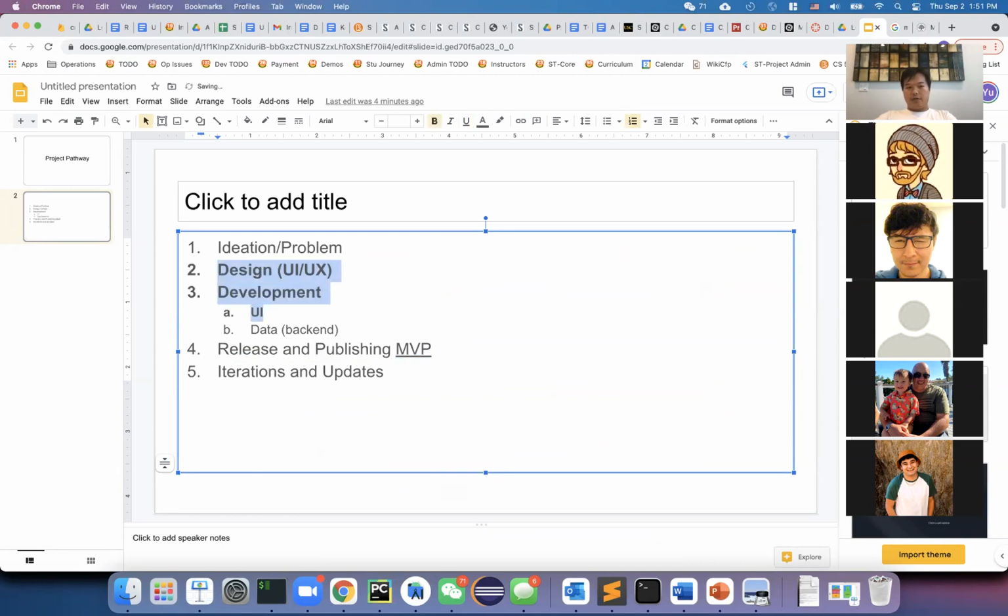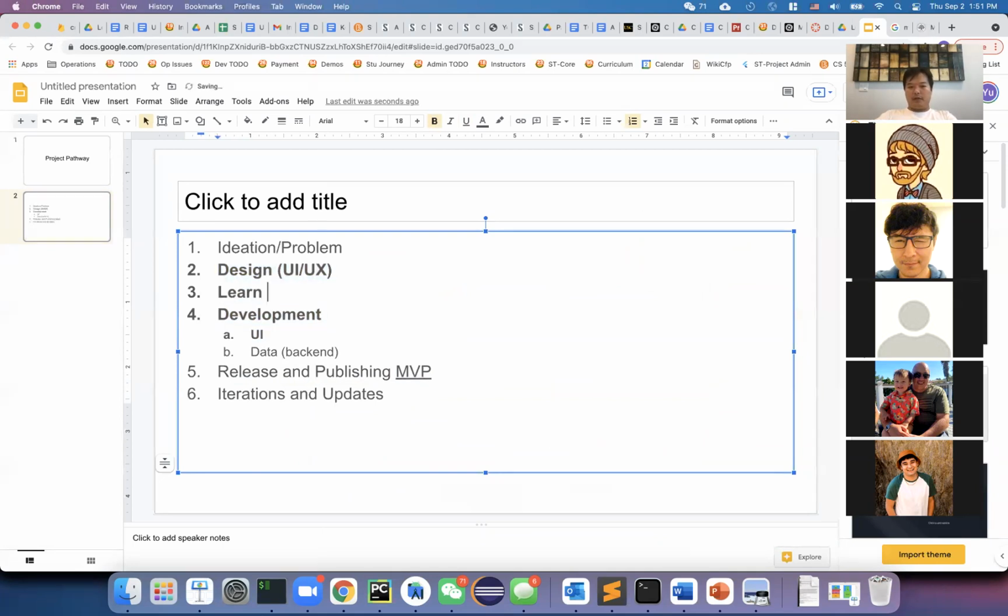Okay, you should be doing the design. You should actually start doing the development. But of course, I'm going to add one more: you need to learn it first. Learn the basics. Okay, that's all the videos where the videos jump in. The speed you should control it, but keep in mind you need to finish your project